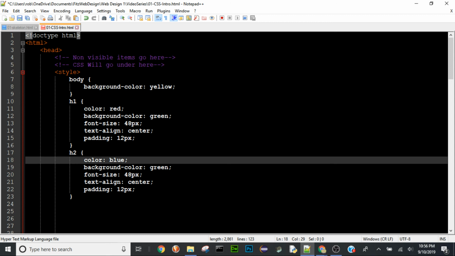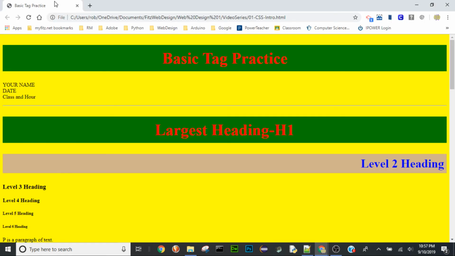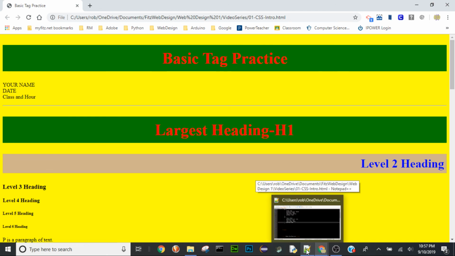Now, there are ways to change individual ones that will come a little bit later. So to finish it out, what I want you to do is that you have H1 through 6 and paragraph. I want you to change each one of those elements. You can take the CSS that we've written and change the properties to make it do different things on the screen. For text alignment, you get center, left, and right. And then you just kind of mess with the different numbers in